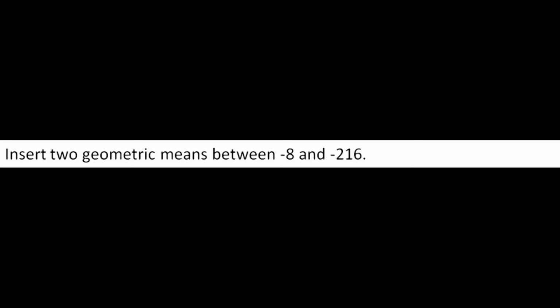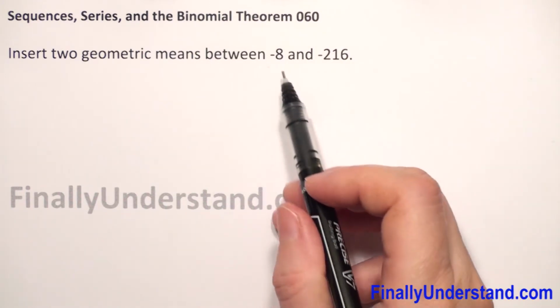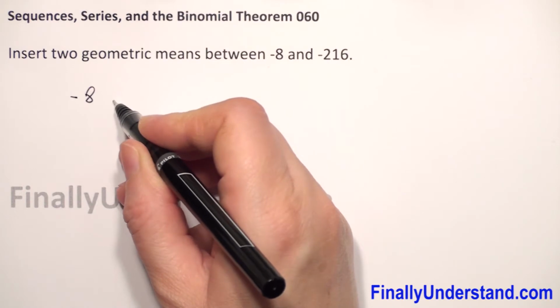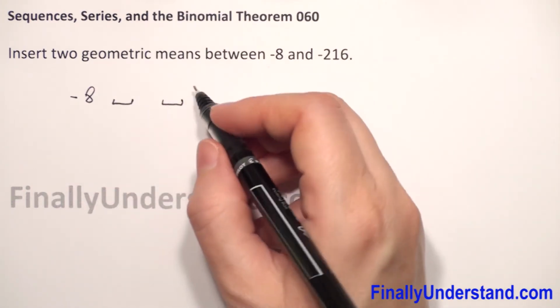Insert two geometric means between -8 and -216. So when we have to find two geometric means between these two numbers, the first number is -8. We have to find the second and the third number, and the last term is